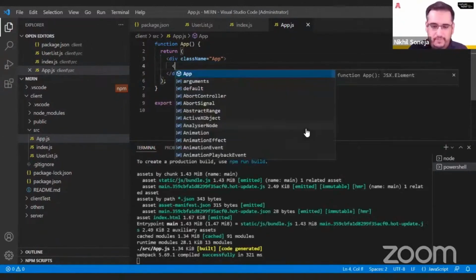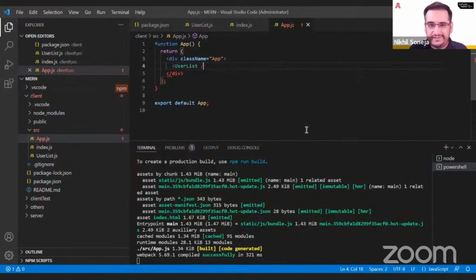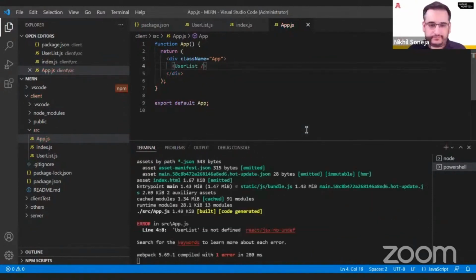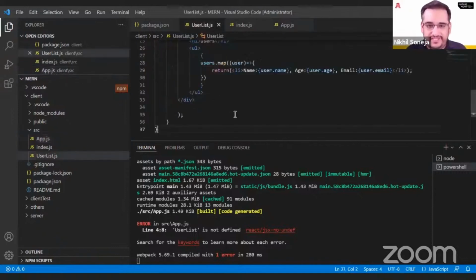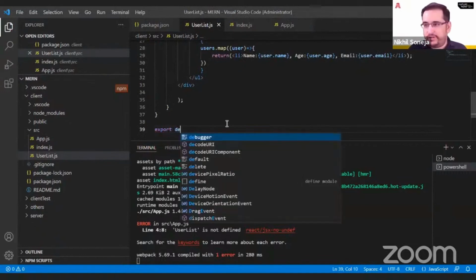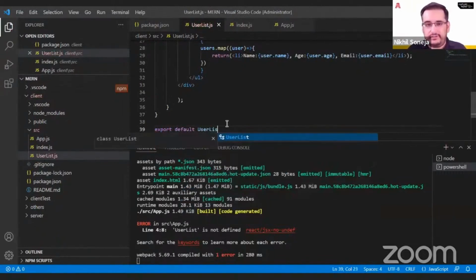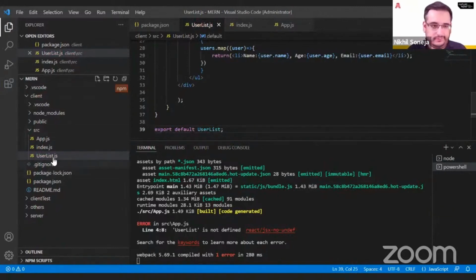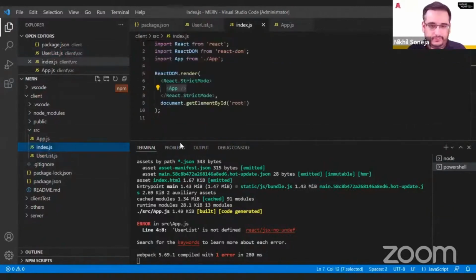I'm going to call my user list there. Oh, what is this error? Which I need to do. Because there's one more thing I missed in the previous list. After I do all this, I need to make sure I export it so that it's available here,